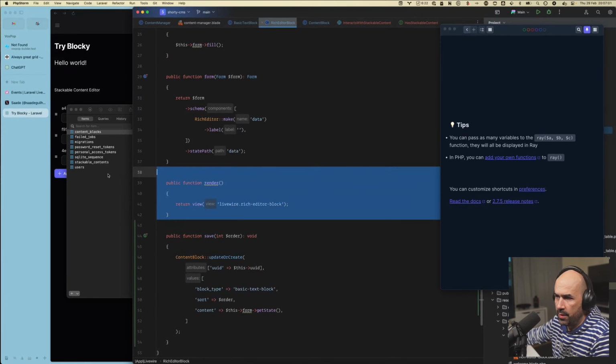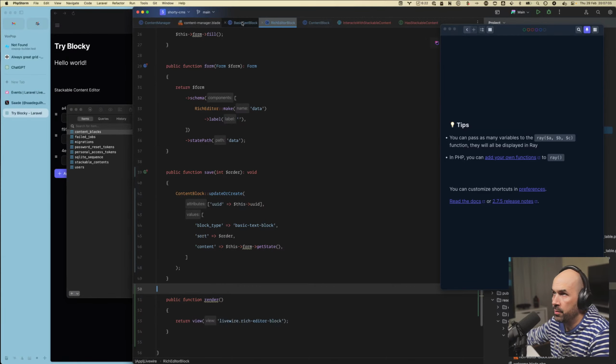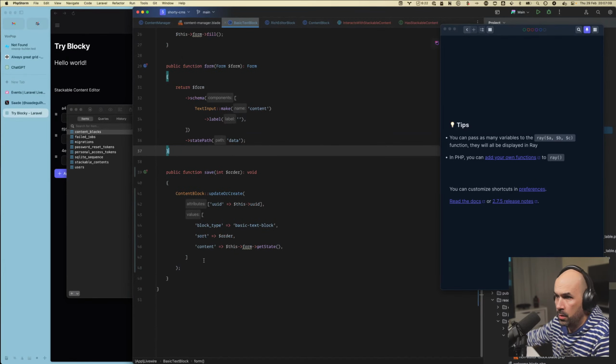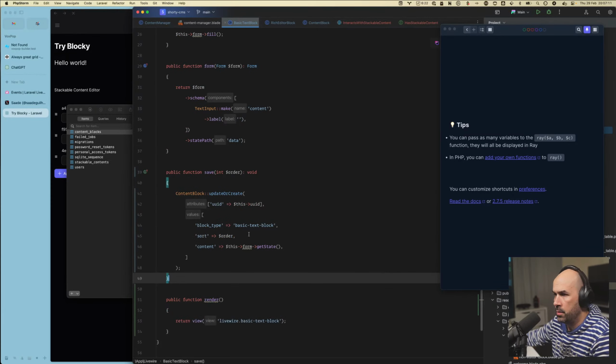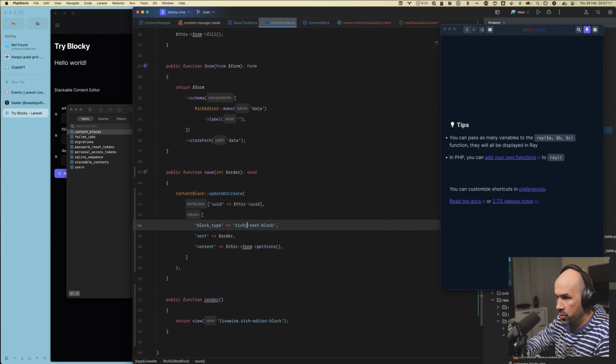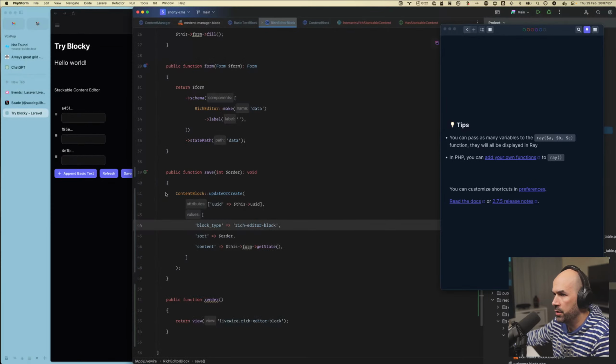Oh, and let's have render as a last method, as a good rule of thumb, right? That's it. So this is a basic text block, and this is a rich editor block. So let's make it all save. And after refresh,